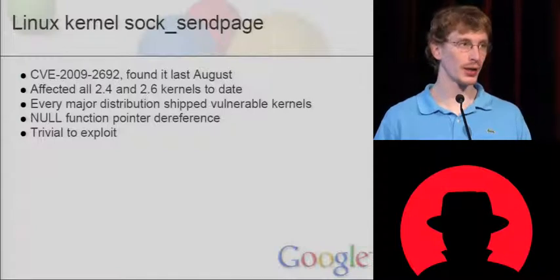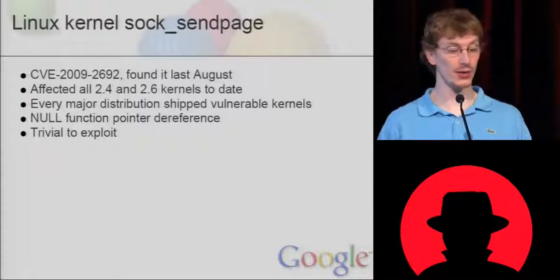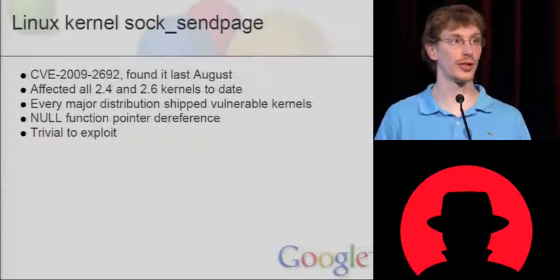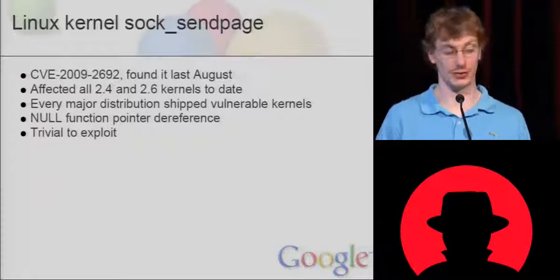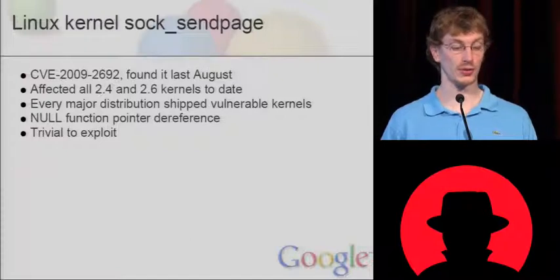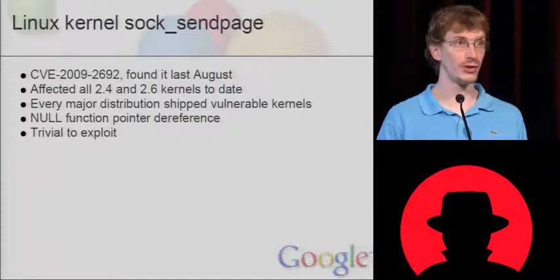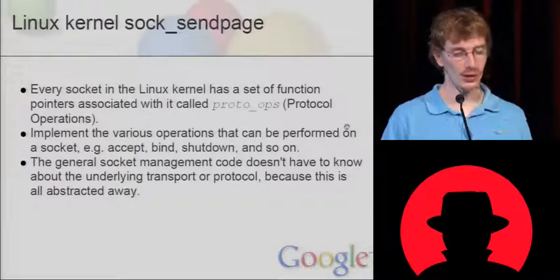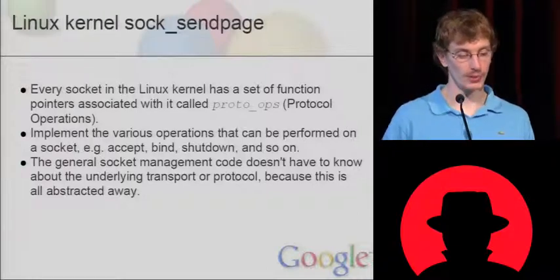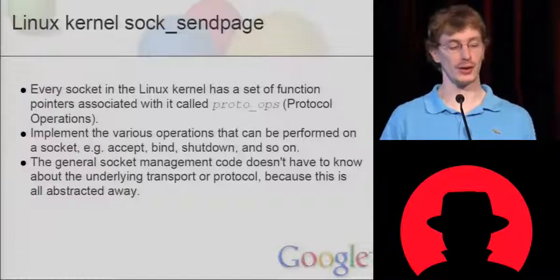It's quite well known, and actually it was nominated for a Pwnie Award yesterday because it affected all Linux kernels from 2.4 revisions and 2.6 revisions to date. So it was 10 years worth of Linux kernels, and every major distribution shipped vulnerable kernels. It was a null function pointer dereference, which makes it even easier to exploit. It was very, very, very easy to exploit. And we've seen public exploits for a lot of architectures. So the way it works is, the reason for this is every socket in